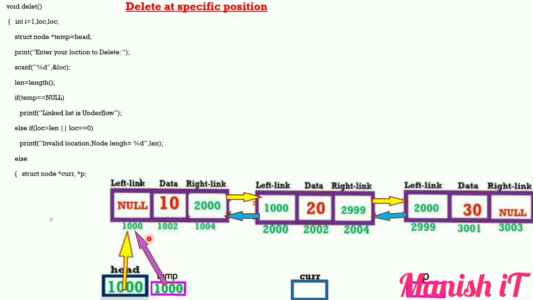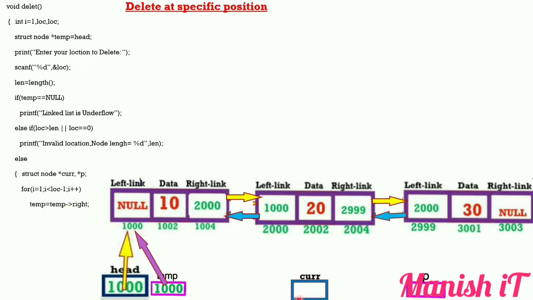So I am using a for loop here. You can also use a while loop. The for loop I have written here: i is initialized with 1, and i is less than location minus 1, and i plus plus. For moving the temp variable, I have written our logic, that is temp to right is stored in temp. So in this situation our location is 2. So check here, 2 minus 1 is 1, 1 is less than 1, condition fails, so it exits from this loop.